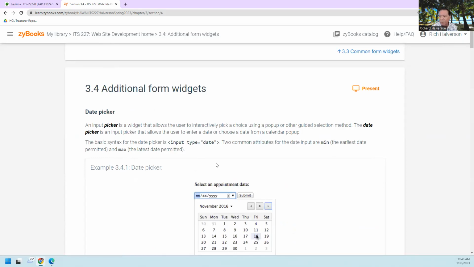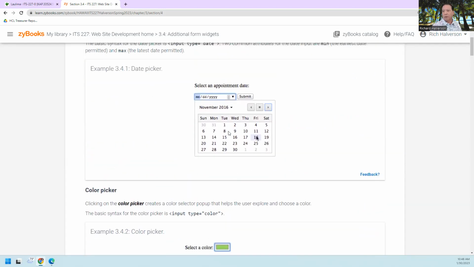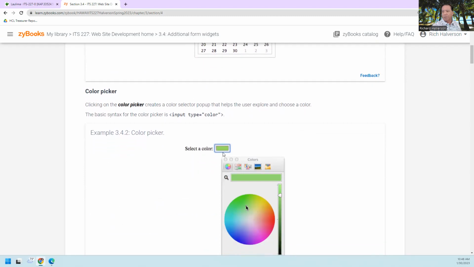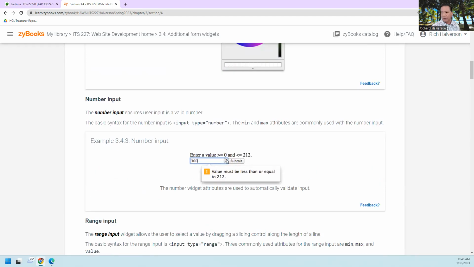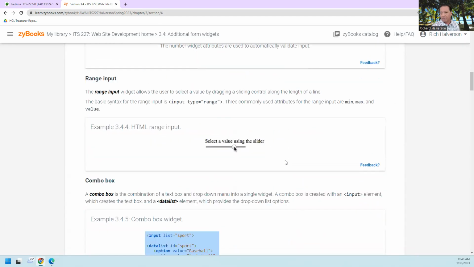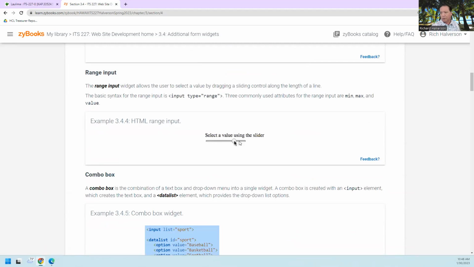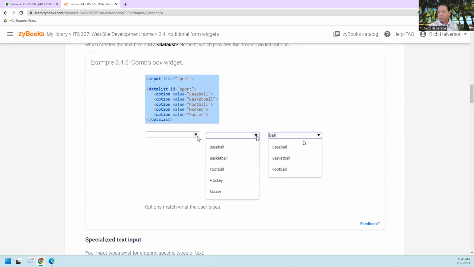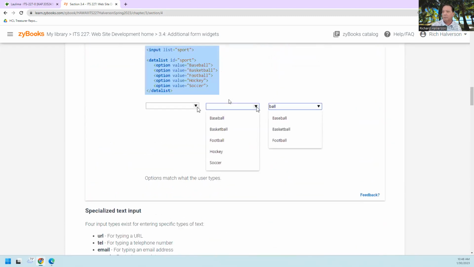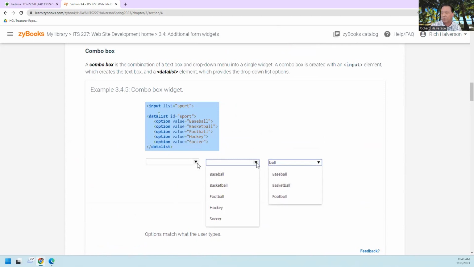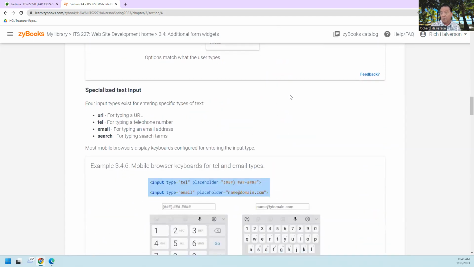So there's the date picker. It's all about the types of inputs. There's the date picker that displays this if it's supported, and a color picker where you can click on that and this thing pops up. Numbers will enforce that it's got to be a number, with that up and down control there. Range input has a slider and so on. And I didn't know about this one, I'll have to try that. I usually use select. You can put a select right there and it should work. But anyway,